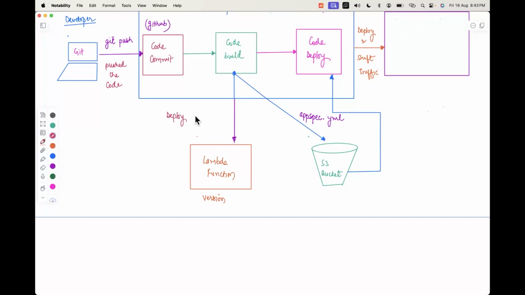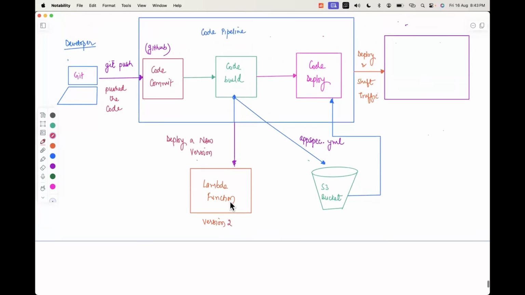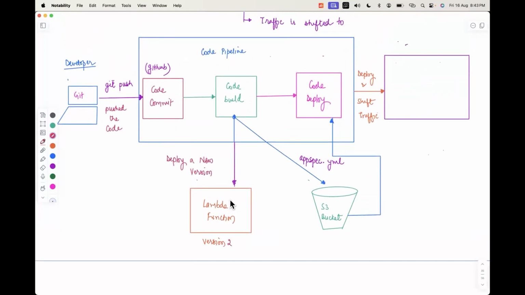Here the things are a bit different. In this case, you will deploy a new version because the older version is already running and this is a function. So this Lambda version will not be version 1, but version 2, because you are only changing from one version to the other. This is all serverless offering. So you will create a new version, you will deploy a new version, and this appspec.yaml which you're creating, right? This will have a CodeDeploy, and